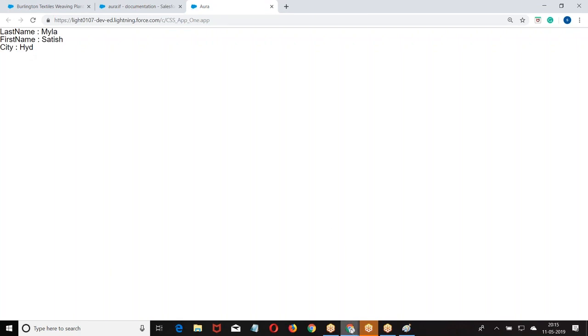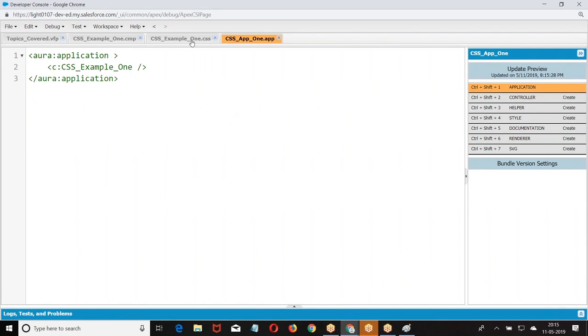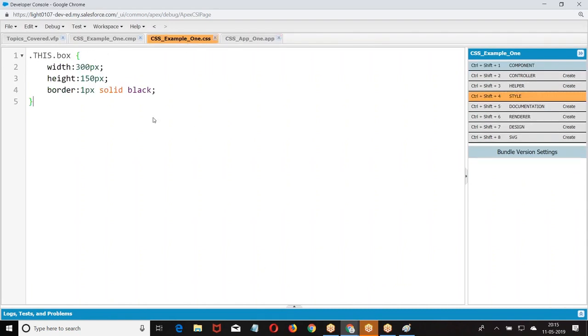We give width, height, 1 pixel. Come again. Okay. Suppose you get the property properly. Now I'm giving some margin.